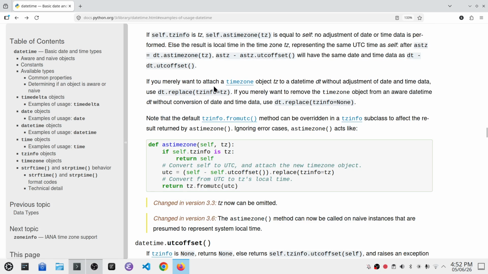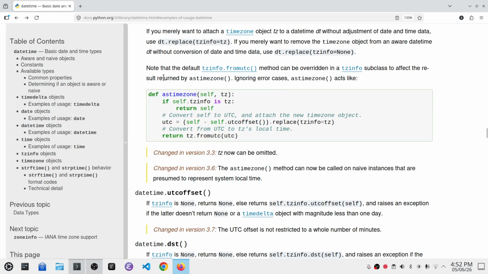If you merely want to attach a time zone object tz to a datetime dt without adjustment of date and time data, use dt.replace(tzinfo=tz). If you merely want to remove the time zone object from an aware datetime dt without conversion of date and time data, use dt.replace(tzinfo=None). Note that the default tzinfo.fromutc method can be overridden in a tzinfo subclass to affect the result returned by astimezone. Ignoring error cases, astimezone acts like: